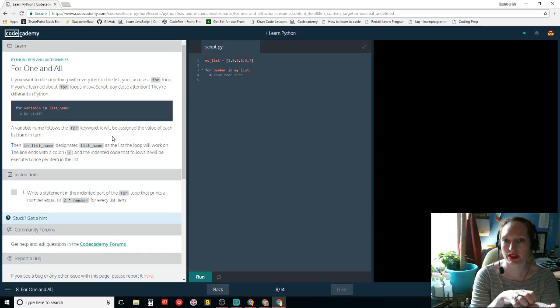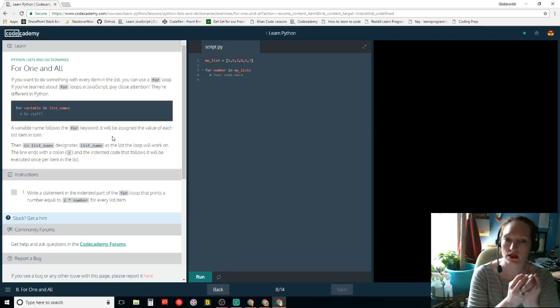If you want to do something with every item on the list, you can use a for loop. Variable name follows the for keyword.